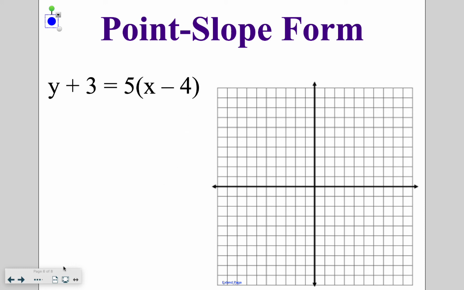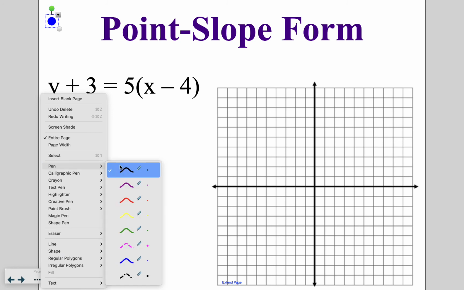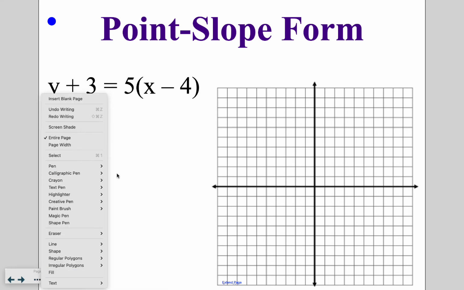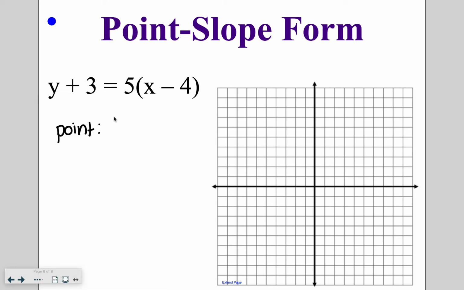Again, another example here. Our first job is to pick out our point. So we go and we look at our x value first. So that's a -4 in the equation, which means that it's a +4 in my coordinate. And then I come over to my y, which is a +3 in the equation. So it is a -3 in the coordinate. So I'm going to go ahead and put the point 4,